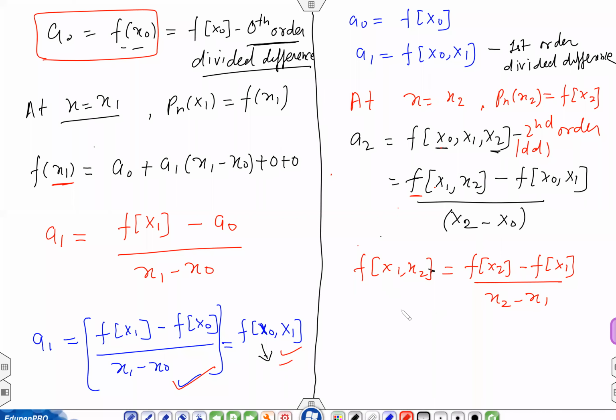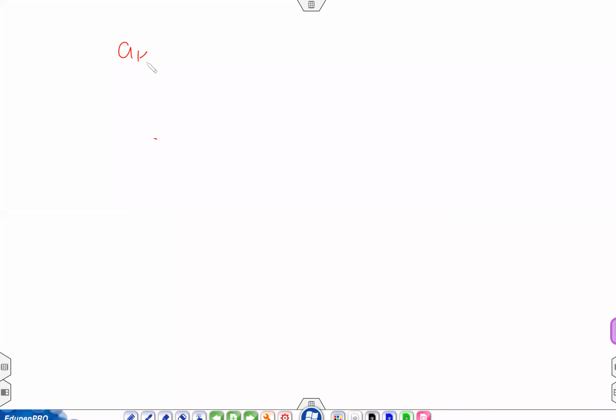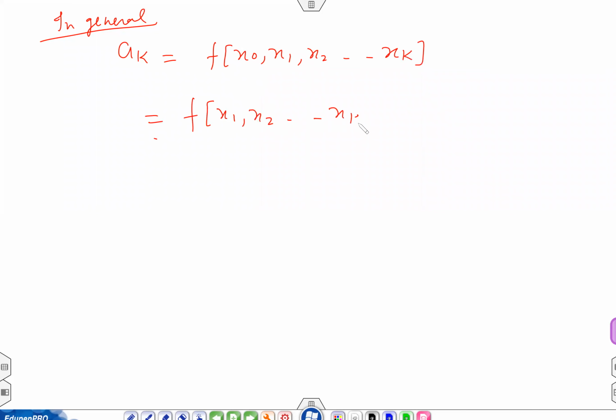So similarly, we can compute the value of A3, A4, A5 and so on. In general, we can write the value of Ak. Ak is f of x0, x1, x2 and so on up to xk. And the value of this is what? Just leave the first term. This is f of x1, x2 up to xk minus f of x0, x1 up to xk minus 1, upon last value